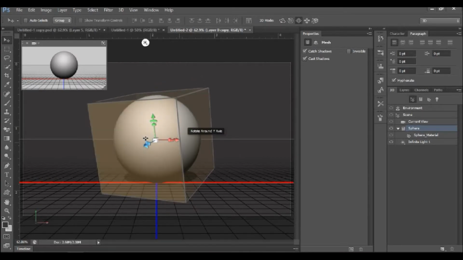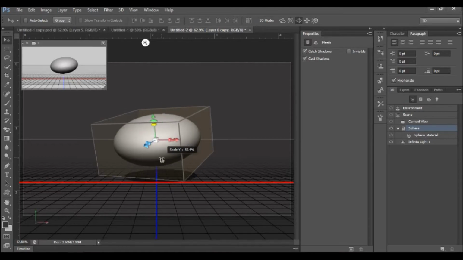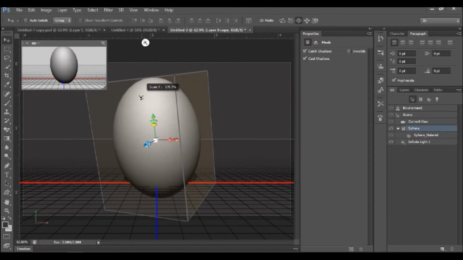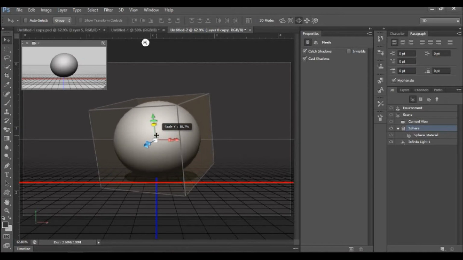And now you can change the length of this sphere. Here you can see the scale along y side, so press and drag to scale this sphere. So drag down to make it thinner, drag up to make it like an oval shape like this.